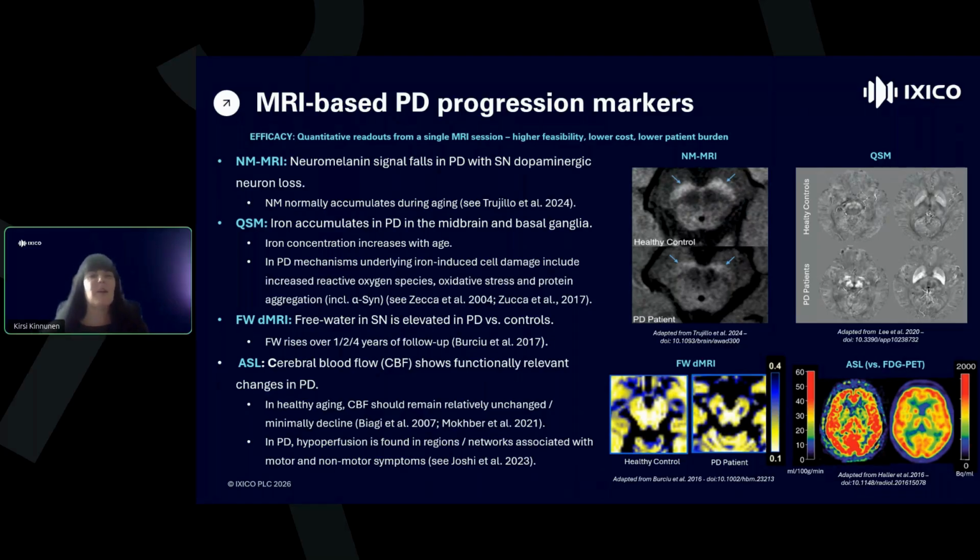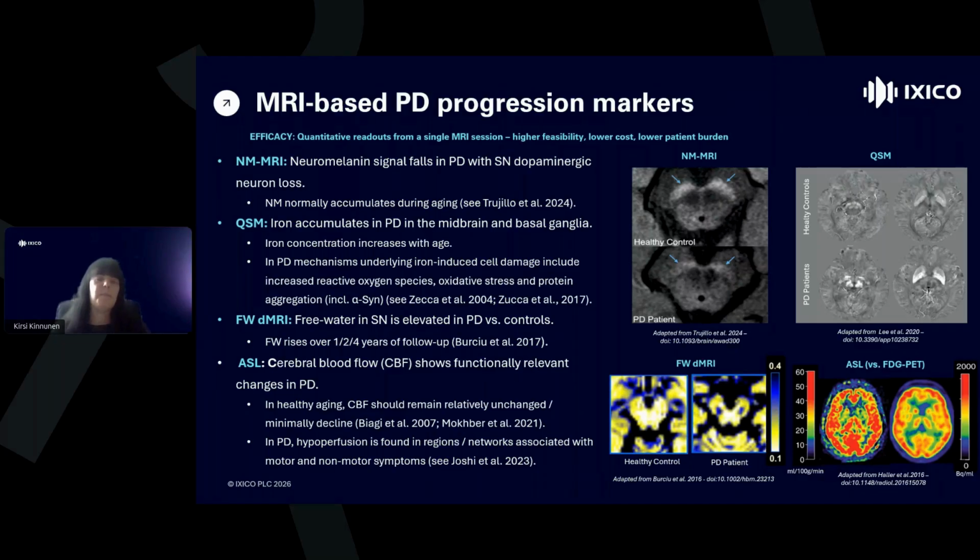Then the last type of imaging I wanted to discuss is ASL. ASL is an MRI technique that offers a non-invasive way to obtain repeated measurements of cerebral blood flow for quantitative assessment of abnormal perfusion. It uses magnetically labeled water as an endogenous tracer. A Parkinson's pattern of decreased perfusion involves the basal ganglia, the parieto-occipital cortex, the precuneus and cuneus, and the middle